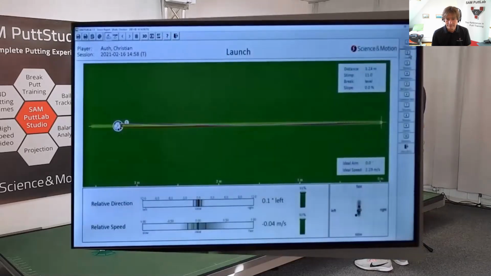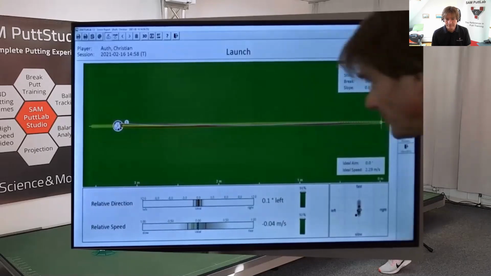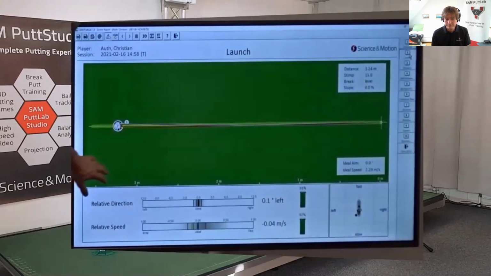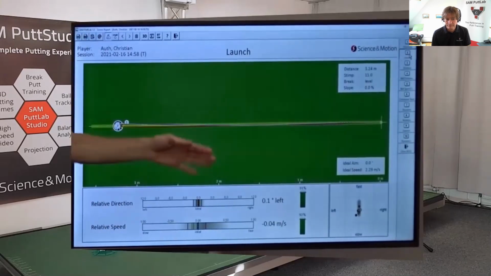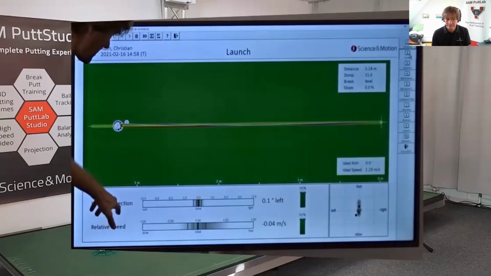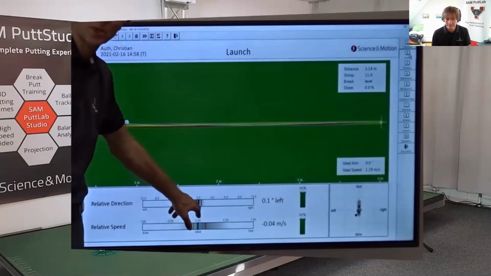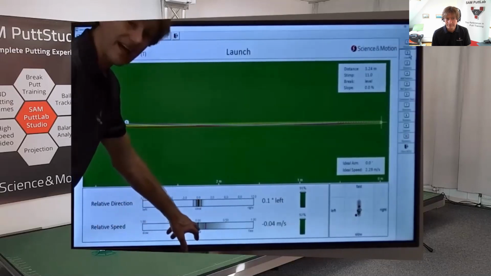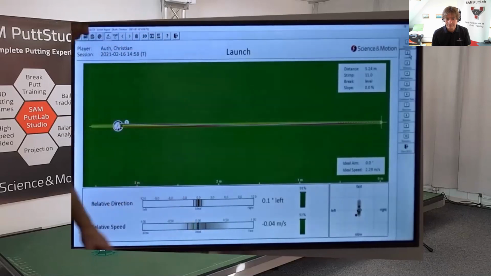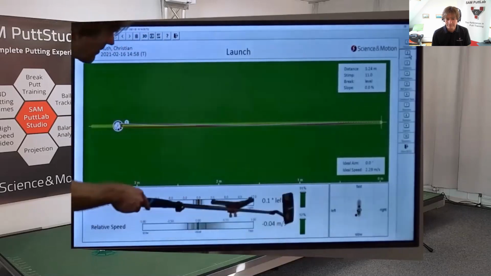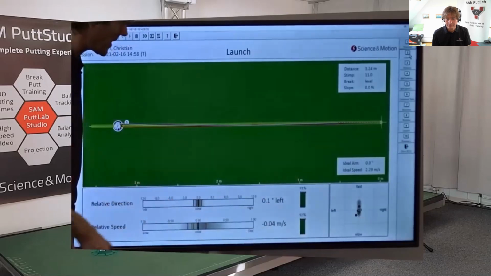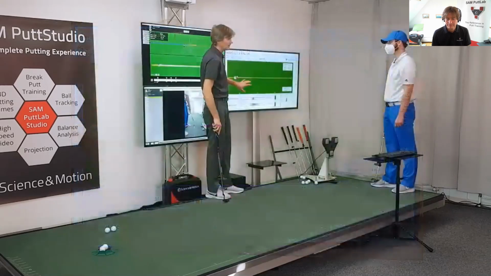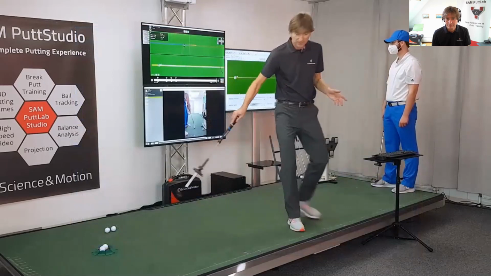We could look at again the data for relative direction, relative speed, which is not putt data, which is coming from the ball tracking data. So the ball started in a direction which was almost always ideal, and also the speed was almost always ideal. A little bit of variation, but not too bad. And this corresponds to this scoring. So direction for launch was perfect. Actually, he holed